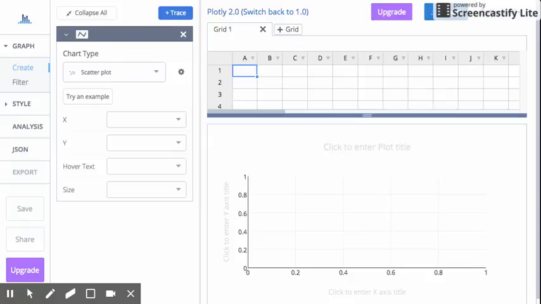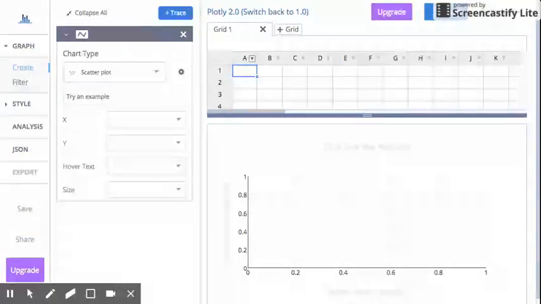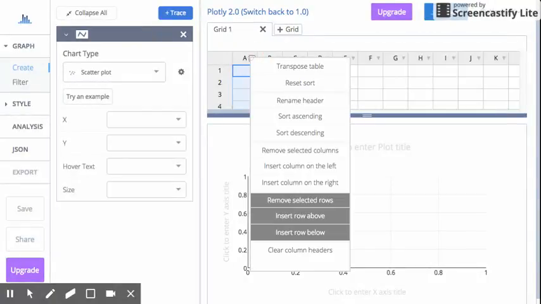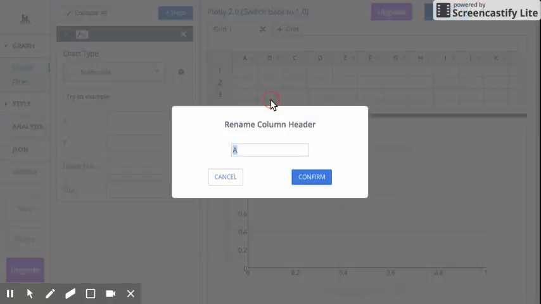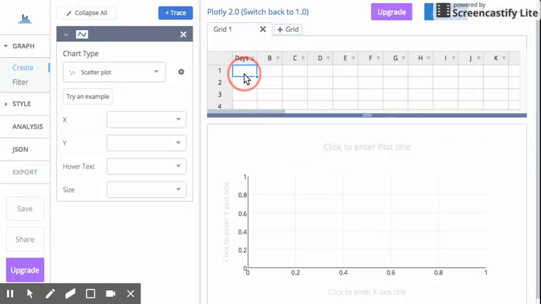Once it loads, you will see a spreadsheet where you can enter your data and a spot where your graph will show up. So for the data that I am graphing, I'm going to change my column headers so I know which information to put where. I'm going to select rename header, and I'm going to call my first column days of the week. And I'm going to enter a unique name for each day. Notice that you had Monday, Tuesday, Wednesday, Thursday, Friday, and then start over with the second week, another Monday, Tuesday,